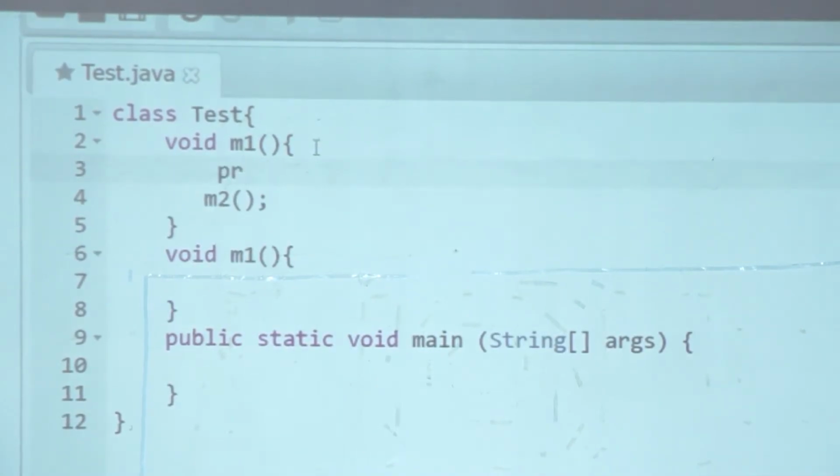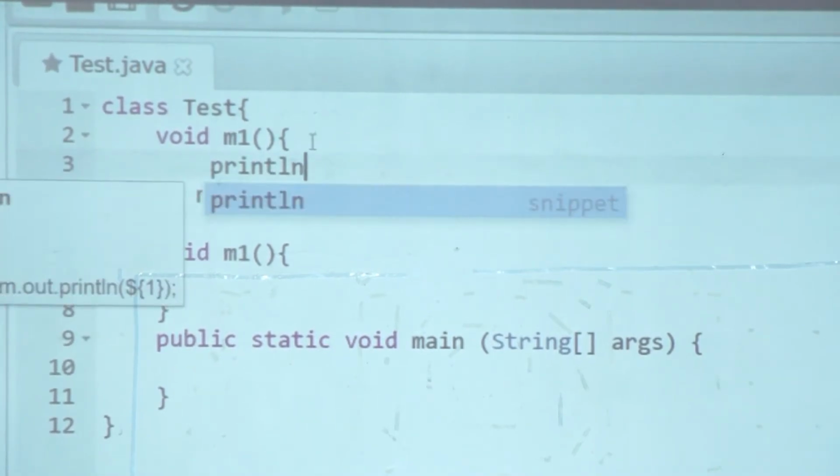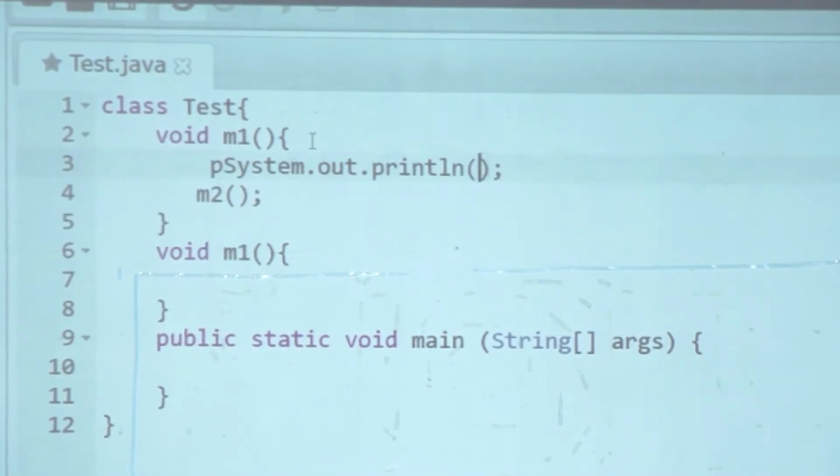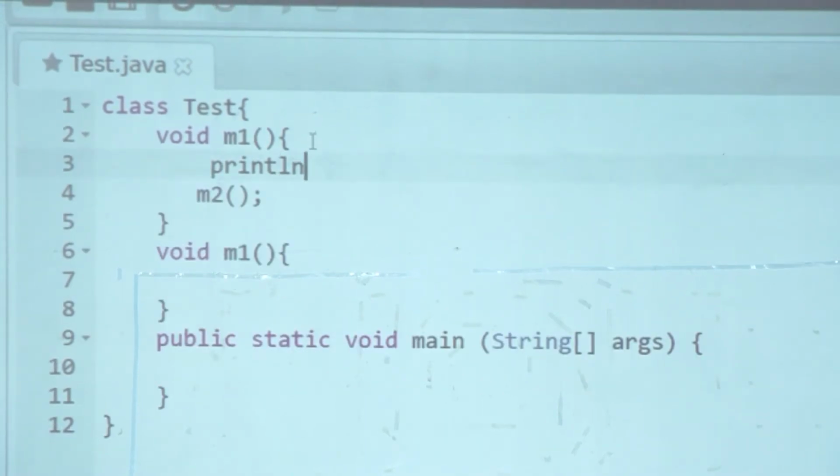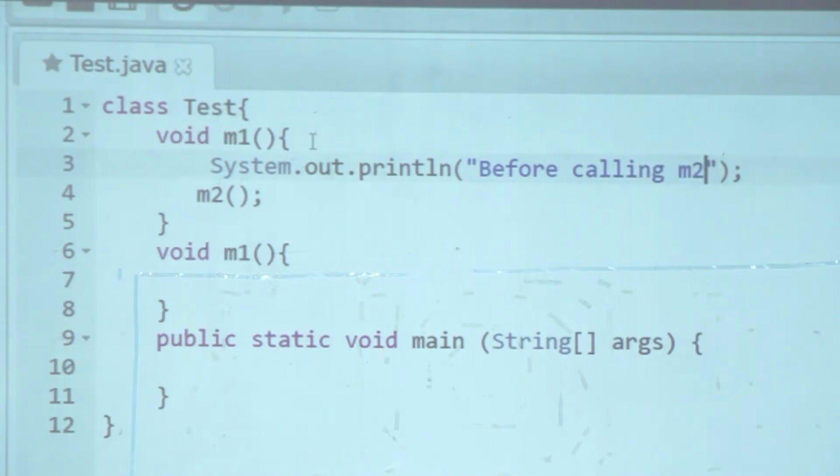So in M1, I am going to say println before calling M2. Okay, we will say before calling M2, and then we will say after calling M2.